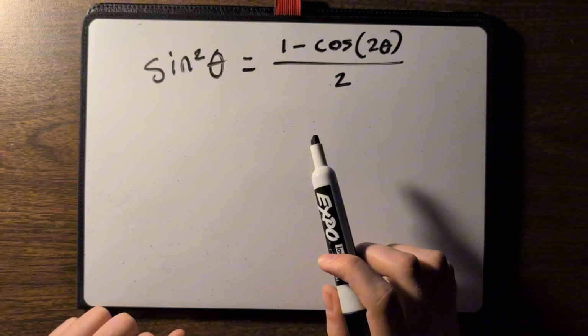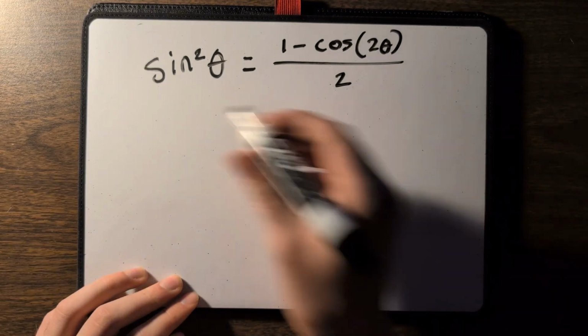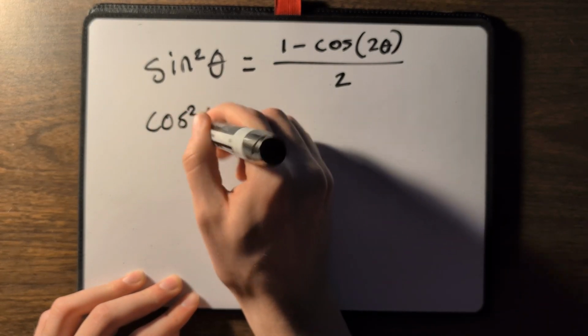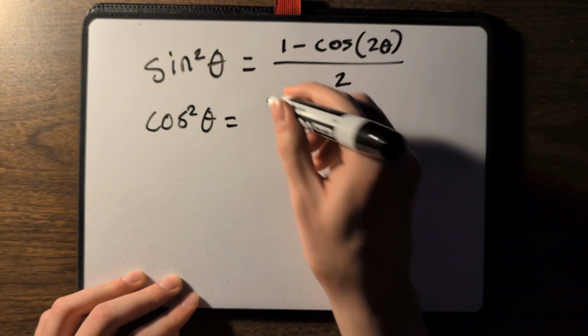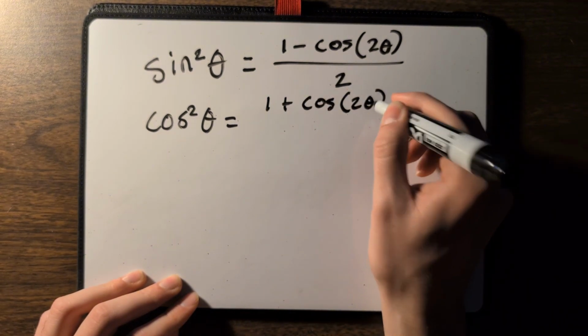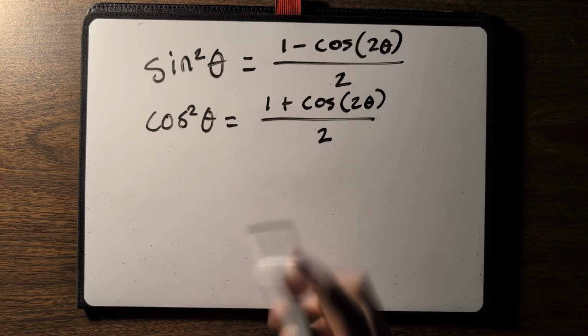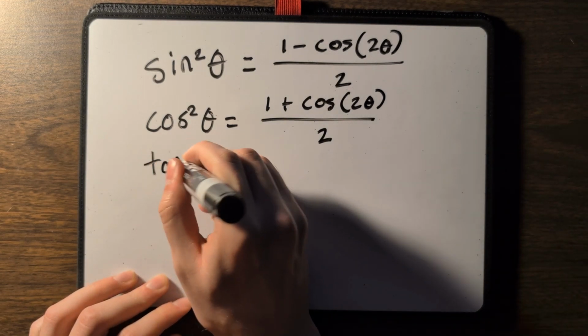Now, this can be very useful for solving integrals. Another one we have is cosine squared theta, which is very similar, 1 plus cosine of 2 theta. Again, very helpful. And a final one for tangent,